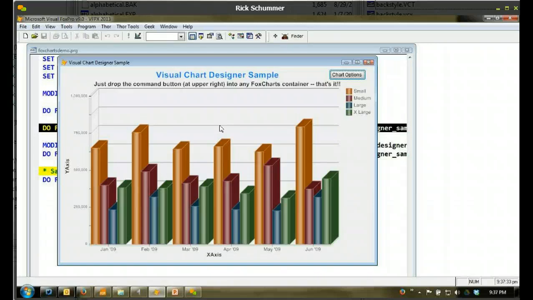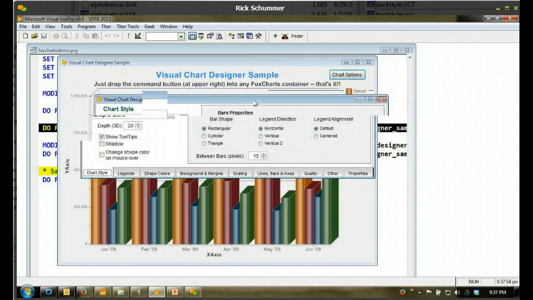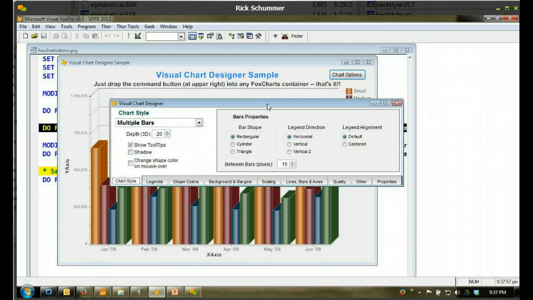A number of projects are now using GDI plus X incorporated within their projects as a key component of their projects. Fox charts just being one. So anyways, that's what this is, a Fox chart graph right here. If we click on this button, it says chart options, it brings up the visual chart designer. And the visual chart designer, from what I understand, was originally created so that developers could come in here and